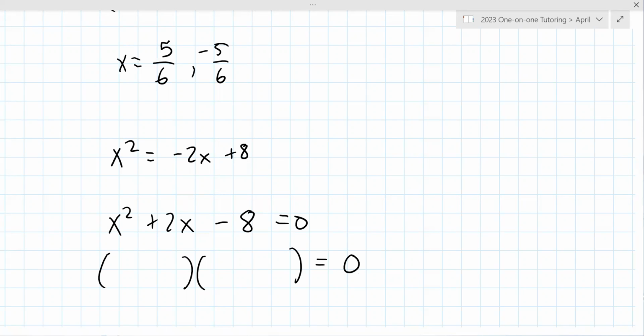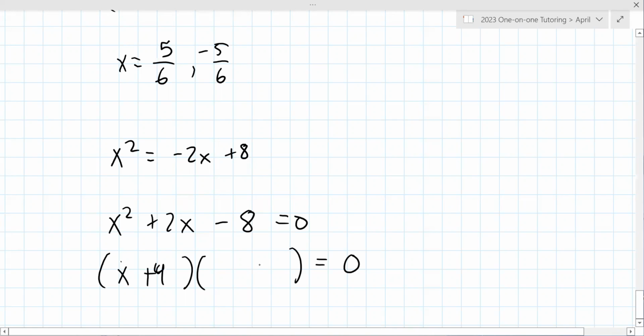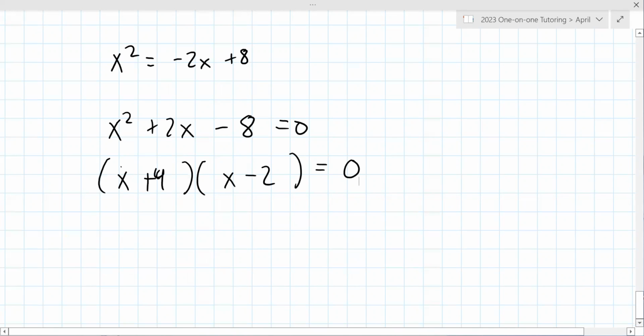Oh, so then negative 2 and 4. Right. So x minus 2, x plus 4. Oh, because I could have factored out just the x and it would have been more work, right? Yeah. It's like the quadratic formula works for everything, but this, you only need to do the